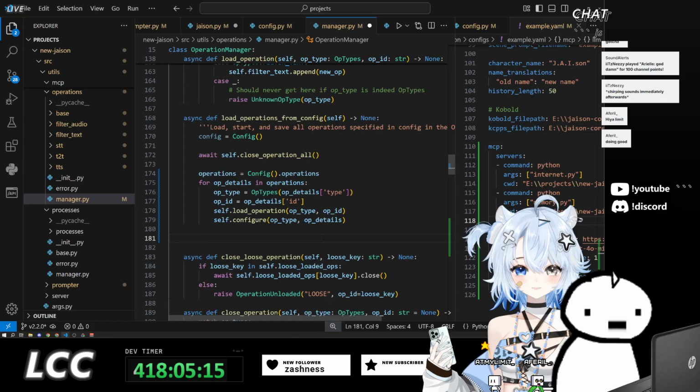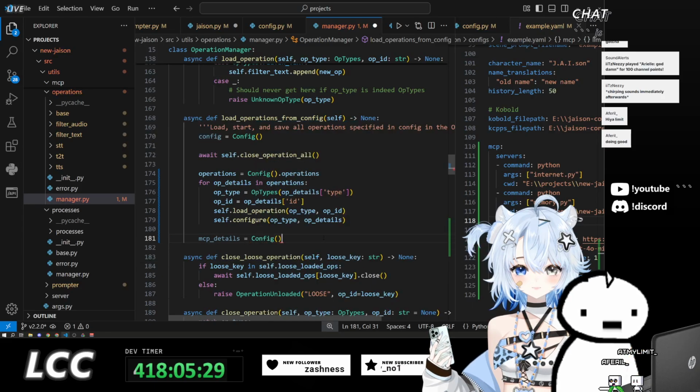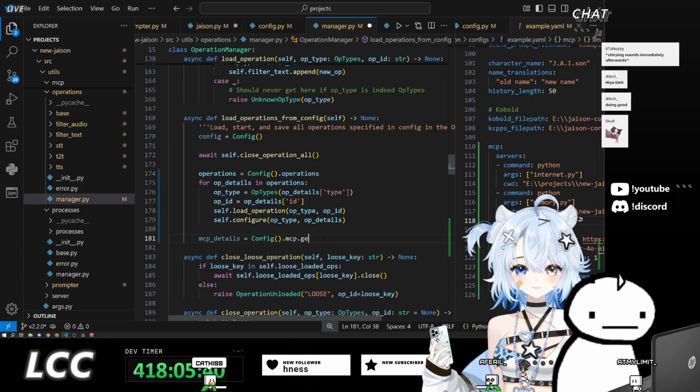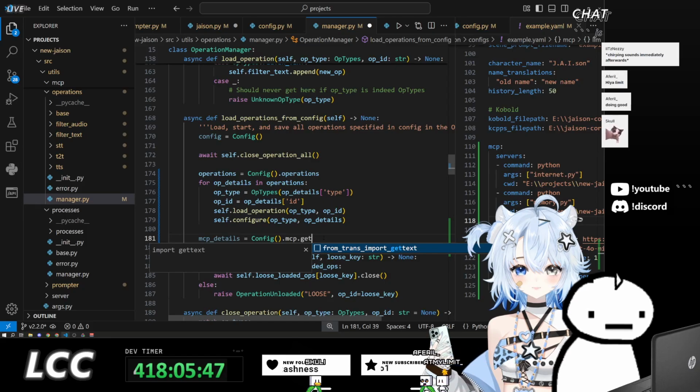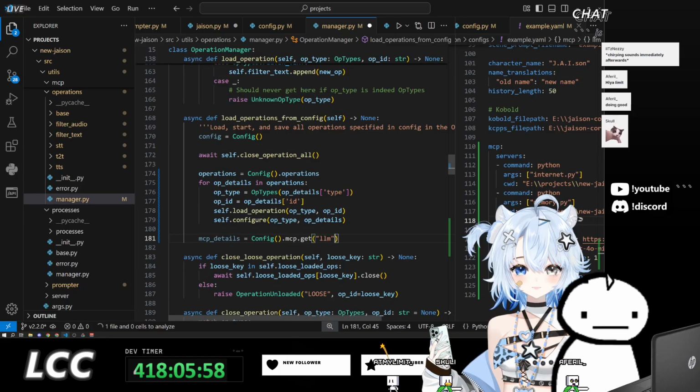So MCP details is equal to config.MCP.get LLM, otherwise this is just an empty dictionary, or just none.